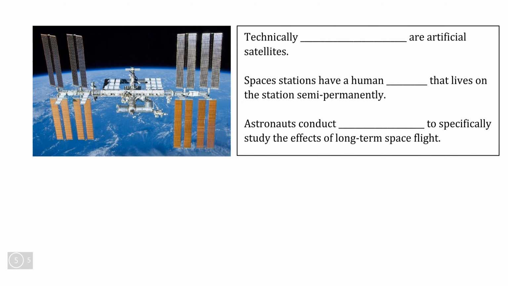Now, the final category of satellites are not normally considered satellites in everyday speech. This is, of course, an example of a space station, but following the definition of an artificial satellite, a human-constructed object that orbits around Earth, technically, space stations such as this one, which is the ISS, the International Space Station, fall under the definition of satellites. So the job of a space station is a satellite that actually has a human crew that lives